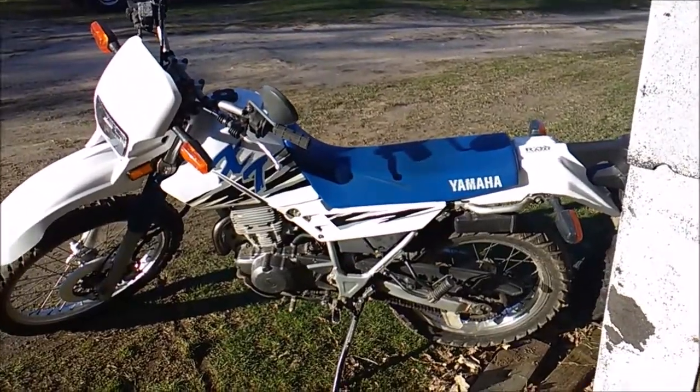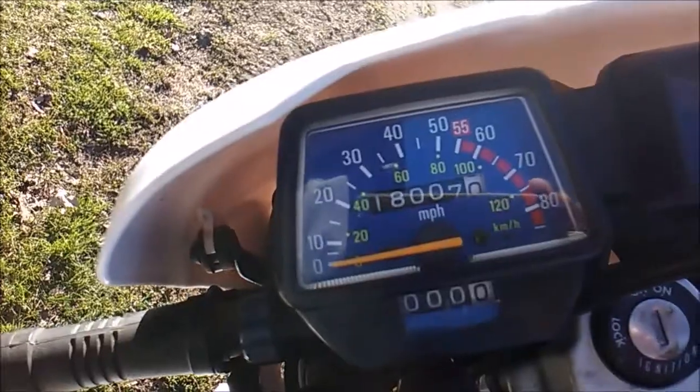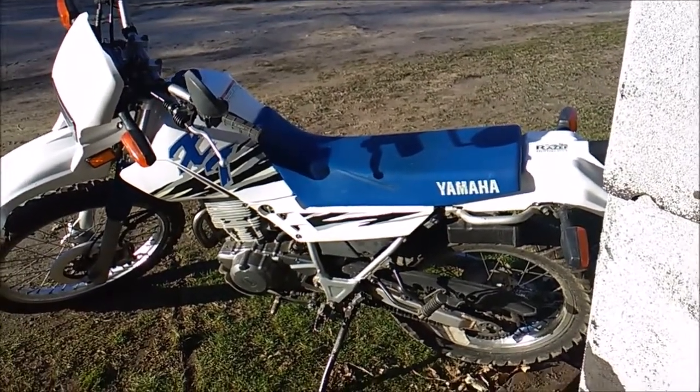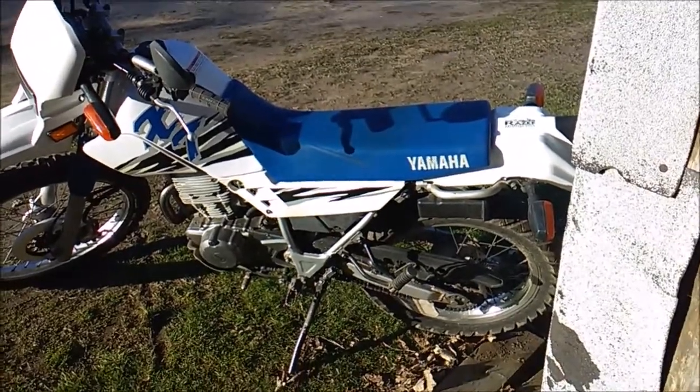I haven't really done anything with it yet. I rode it for like 5 minutes yesterday, probably not even that. It was over 18,000 when I got it, so it's replacing the scooter. I was gonna get another scooter, but this was like the same price as a good scooter, so